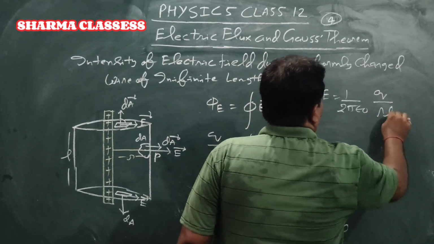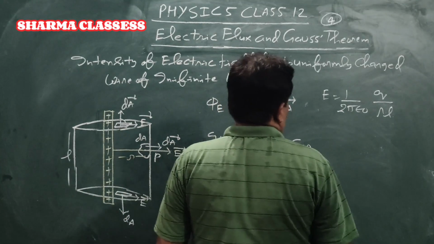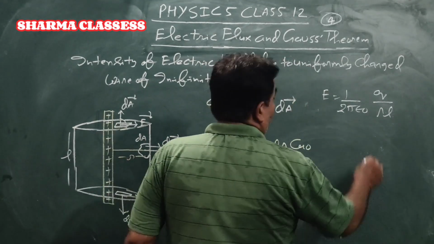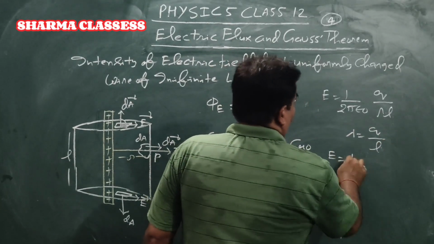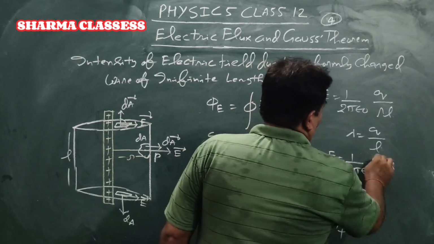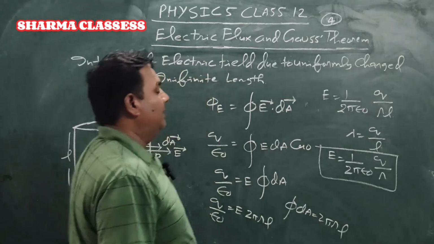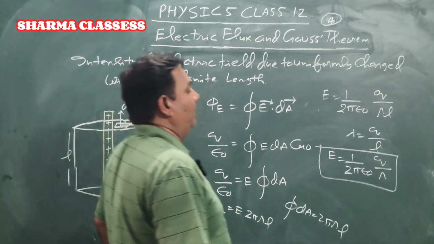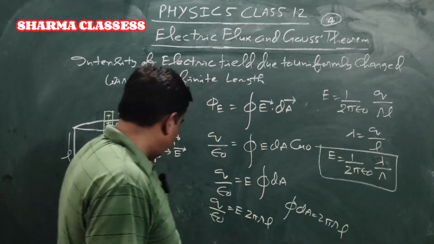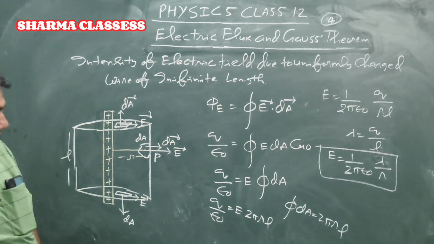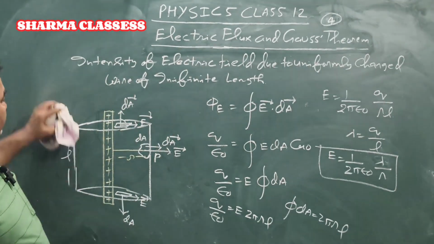This is the proof. But in place of q upon L, we can put the linear charge density, since the charge is spread all over the length. So the intensity of electric field is 1 upon 2 pi epsilon naught, q upon L, upon r, and in place of q upon L we put lambda, the linear charge density, giving 1 upon 4 pi epsilon naught times lambda upon r. Okay, this is the proof of the intensity of electric field due to a uniformly charged wire of infinite length. Now the next proof is